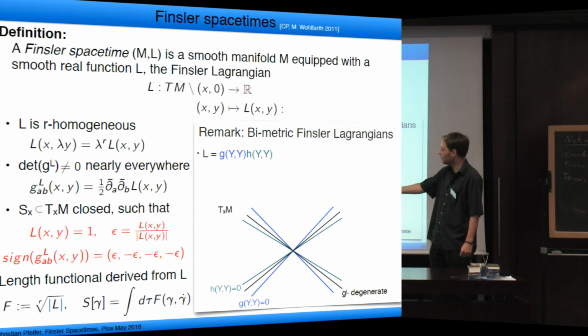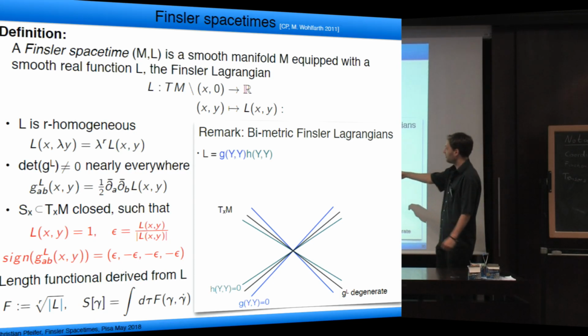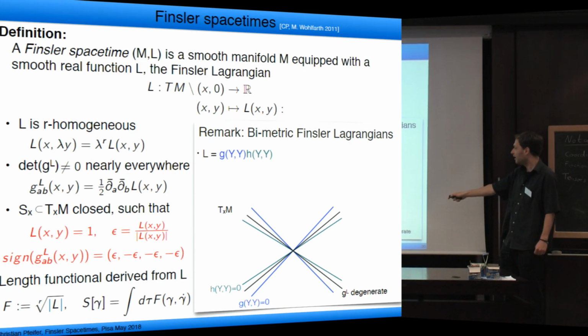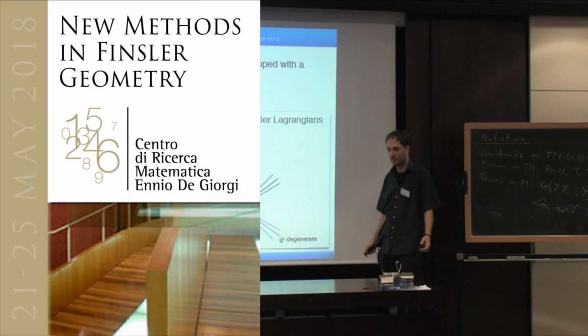this closed shell I want in each tangent space, which shall identify my observers, is best explained again on the example of the bimetric Finsler Lagrangian. So for such a Lagrangian, as we had on some previous slides, we find the null structure of the two metrics, and in between the null cones of the metrics, we find a set where the L metric degenerates. That's unavoidable as far as I see. Simply, it exists in these examples.